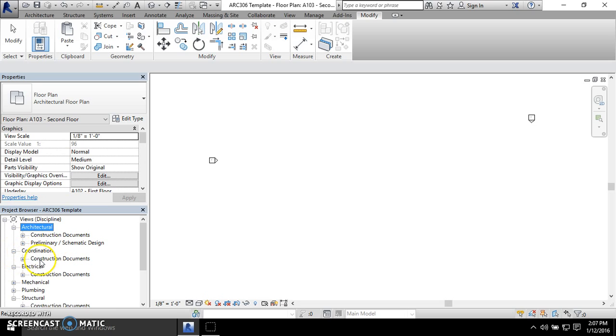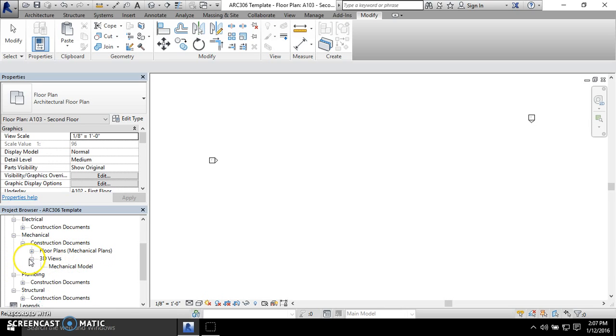Obviously, for coordination, electrical, mechanical, plumbing, and structural, everything in there is going to be construction documents, because those are going to be really the areas that we're going to need construction documents for. So if you ever expand any of these, they always say construction documents, and then if you expand it again, that's where you'll have floor plans. Right now, there's only floor plans and 3D views for all the ones after coordination,